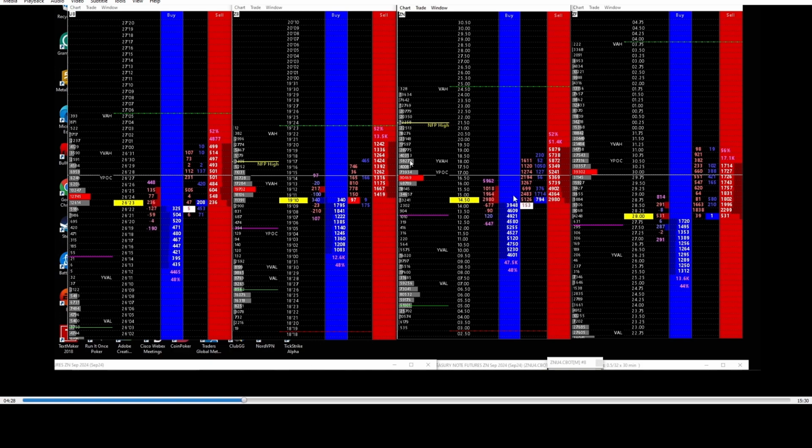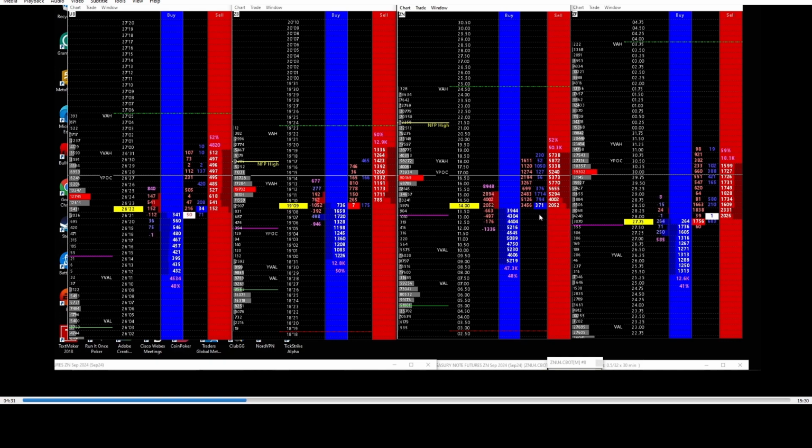And this is at 1 time speed, so you're seeing this. And there we go, 3,500 contracts executed and instantly reloading on the offer. The 5 year is already just approaching the volume weighted average price. And when you're getting down here, you're probably going to see some backticking. And your ultimate target can be, I mean, you can hold this all the way down here, of course. However, to be on the safe side, if you're looking to take probably your 4 or 5 ticks out of this movement,